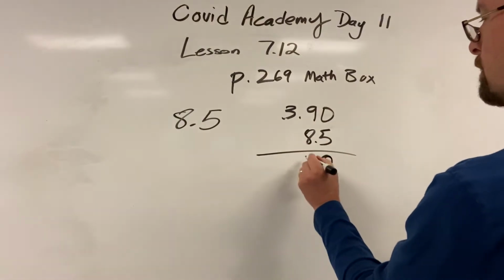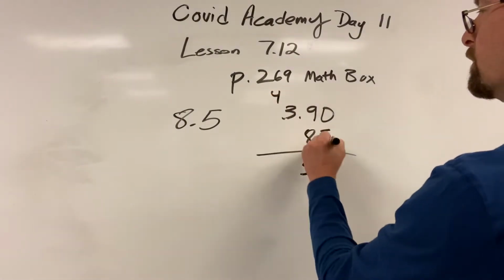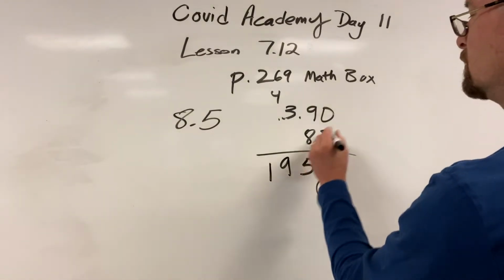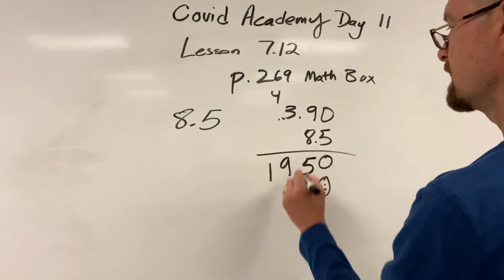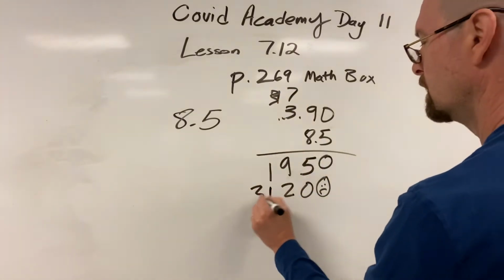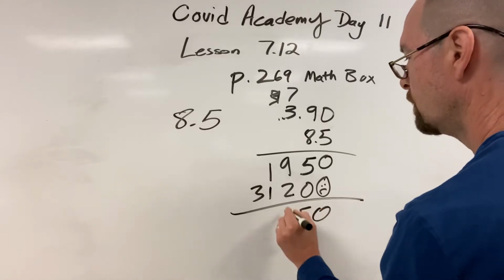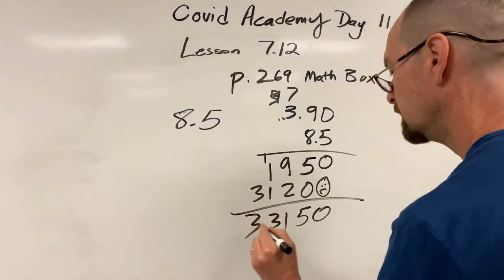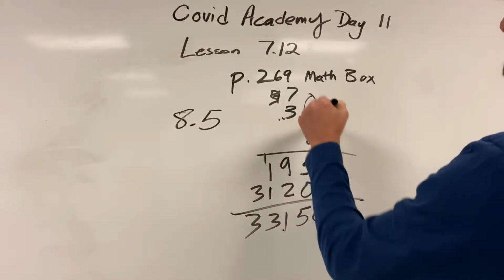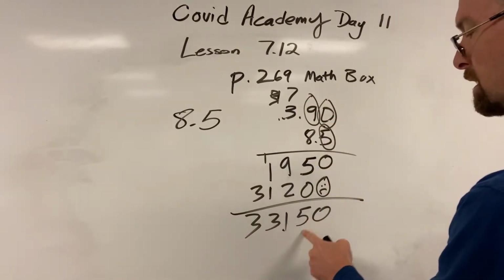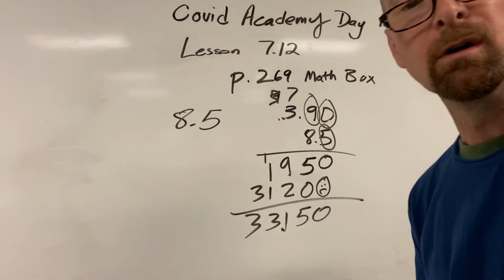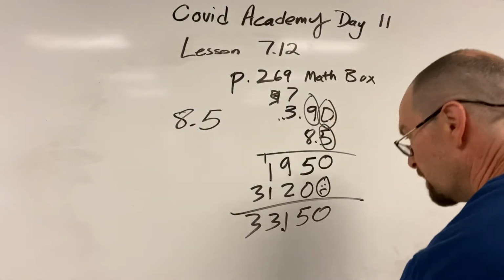Watch teacher go, boom, bam, 45, carry the 4, 5, 15, 19. Take me home. 8 times 0 is 0. 8 times 9 is 72. Carry the 7. 8 times 3 is 24, and 7 is 31. Bam. 0, 5, 1. Carry the 1. 3, 3. Or I could do it this way. Say, how many digits are after a decimal spot? 1, 2, 3. Come over here. 1, 2, 3. Either way works. 33.15. That is the amount of money that Noah spent,